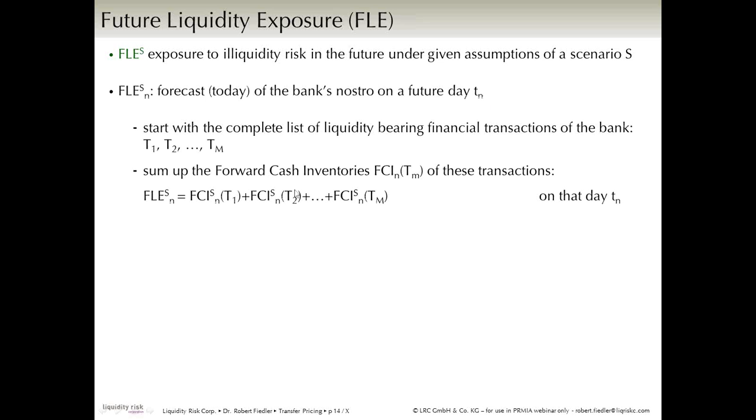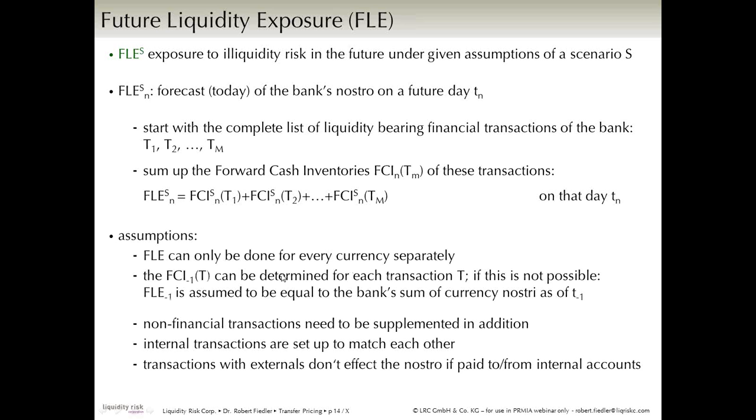So what we do is we start with a complete list of all liquidity-bearing financial transactions in the bank, and we sum up the forward cash inventories of these individual transactions to get the FLE in the future. Okay, again, the assumptions are the FLE can only be done for every currency separately. The problem is if the inventories of the individual transactions cannot be determined